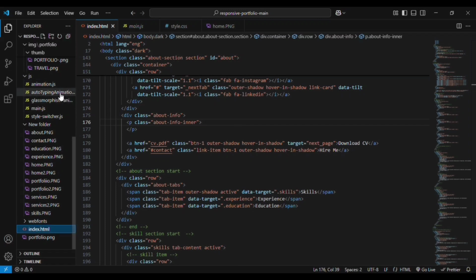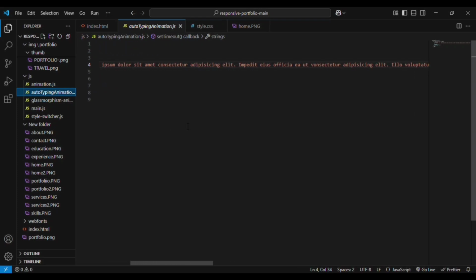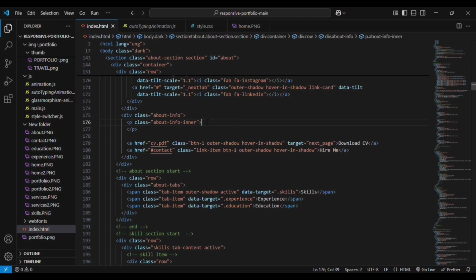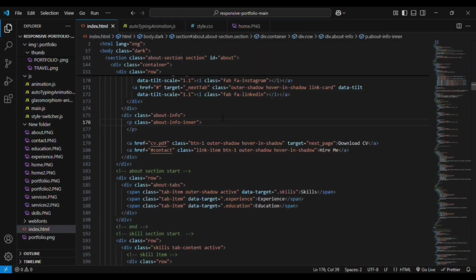You can see this is the one that will be displayed in the about me section. You can see I have created a function here, about info timer. What will happen is that this string will be typed into the about section that we have here in the about info image. Here typing speed equals 7 and content type is HTML. So 100 milliseconds will be taken to type this data into this paragraph element